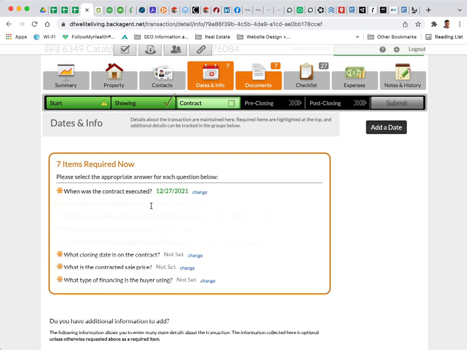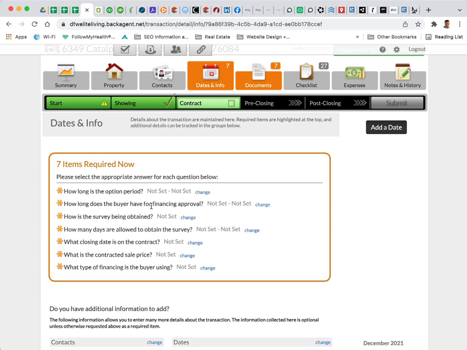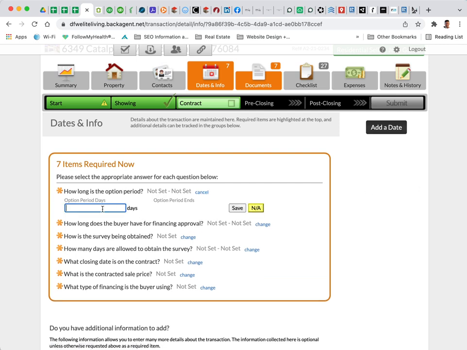Typically what I do is when I have a contract that's executed, I create an email, I send it to the clients. That way they have all the critical dates, and I go over a recap of the next steps, everything else, which I'll show you soon. But at the same time, I pull this up because I have all those dates already. This will give you the dates if you want to make sure you're calculating them right. The option period is 5 days. It tells you